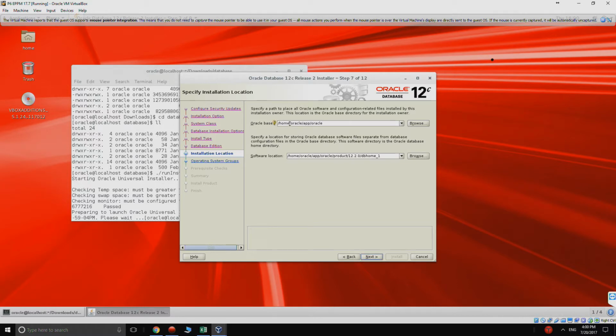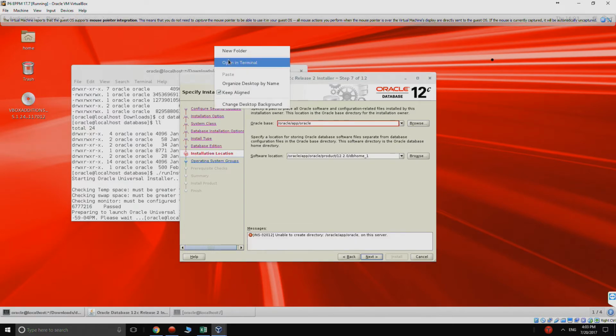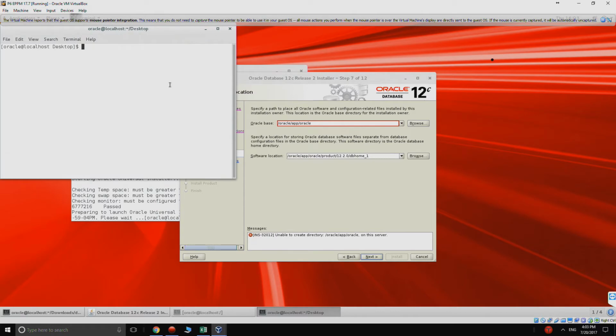And it basically installs it by default under the home Oracle directory. I prefer that it is installed under the Oracle directory under the root. So you'd need to create a folder. So we'll open a terminal window. We'll go to the root directory and we're going to type sudo mkdir oracle,